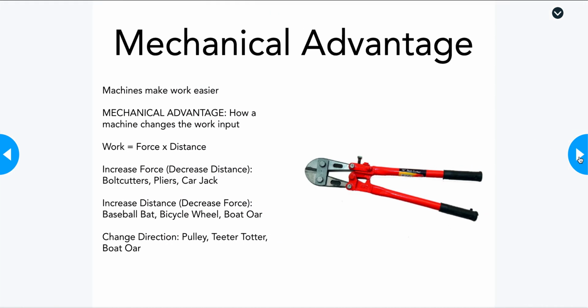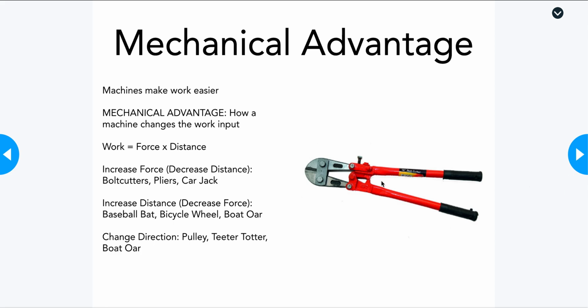All right, so all of this is to get us to the topic of mechanical advantage. Ultimately, machines make work easier. Otherwise, why would we use them? And so the way that machines make work easier is called mechanical advantage. And what that means is it is how a machine changes the work input. And so while the work input and work output are equal to each other, that doesn't mean they're exactly the